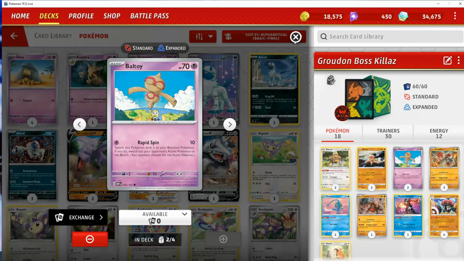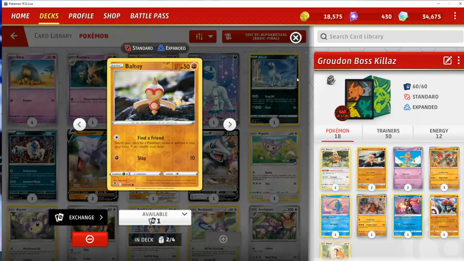So I don't really know if I should max out the 70 HP one or just max out this smaller one with Find a Friend. I'm doing 2 and 2. Most of the time it's not going to really matter. You don't want to be doing this anyway, but with Find a Friend, at least know that this attack exists on this card. So a max